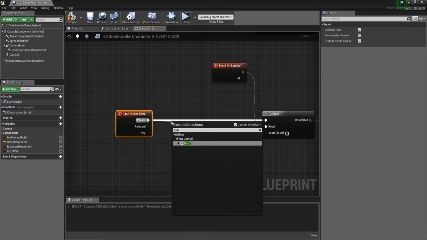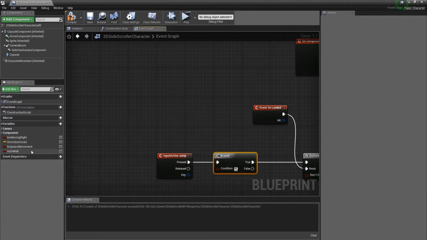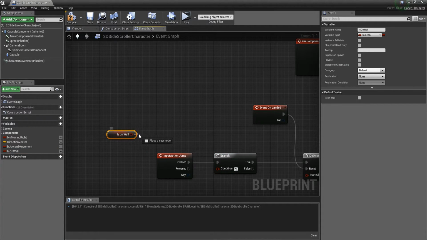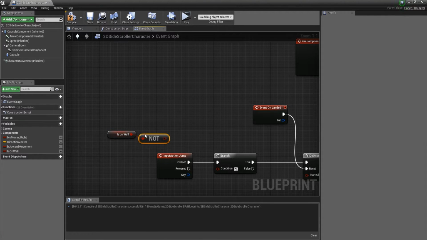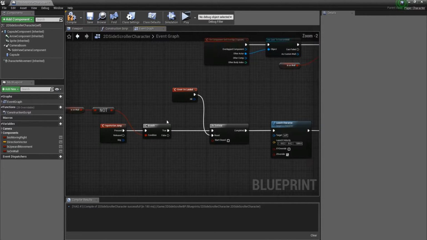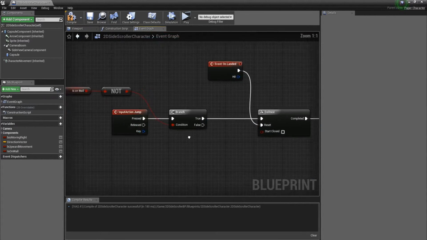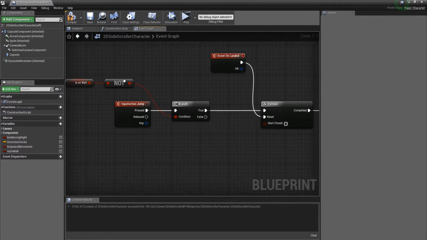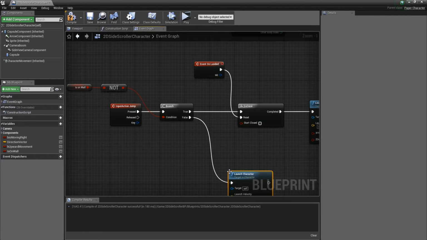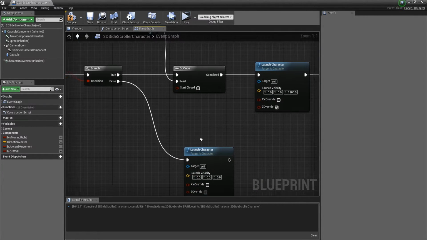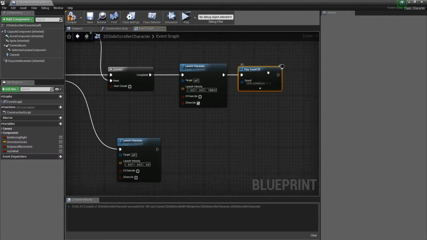So from pressed branch, and the condition is going to check if we are not on the wall. So if we are on the wall, we are going to negate this, so not boolean, and we are going to make it false. And if we are not on the wall, we are going to make it true, so we are just going to normally jump. Alright, and if we are going to be on the wall, we are going to have here false. And what we'll do is to launch our character,